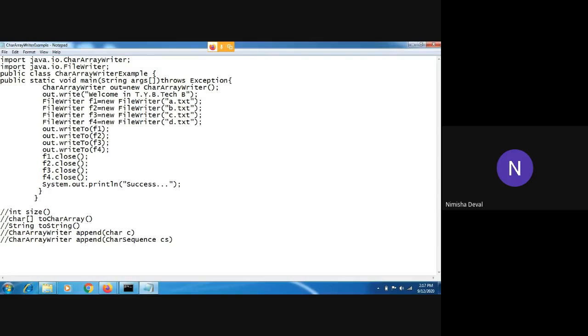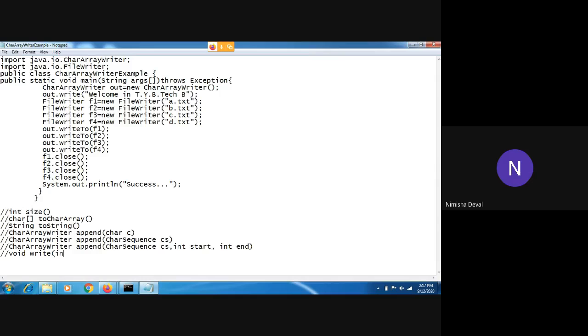Again, same process is there, but it will provide starting and ending points, that is the integer start. It means starting location, and the ending location also. After that, simply the write method is there.